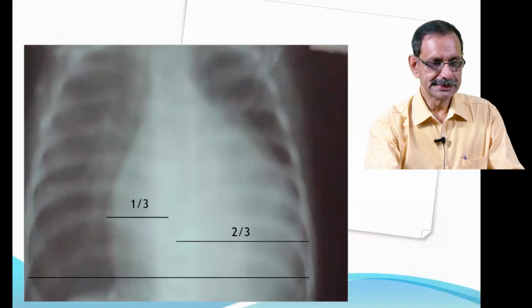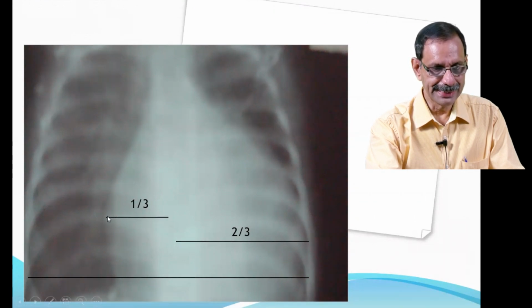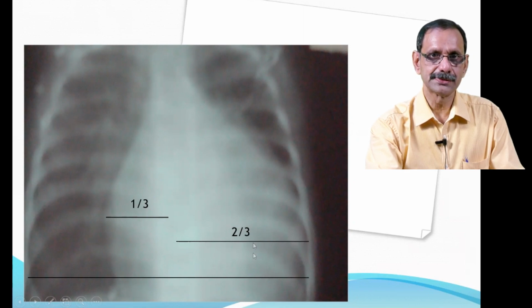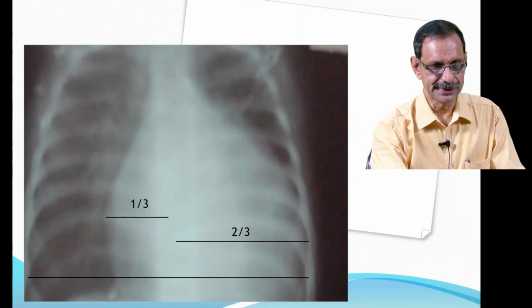This is how we measure the cardiothoracic ratio. Take the largest measure on the right side from the midline, and the longest measure from the midline to the left border. Add these together, this is the cardiac, and from the inner border of the rib you calculate the thoracic, and then compare this to have a ratio. So that is how you calculate the cardiothoracic ratio.